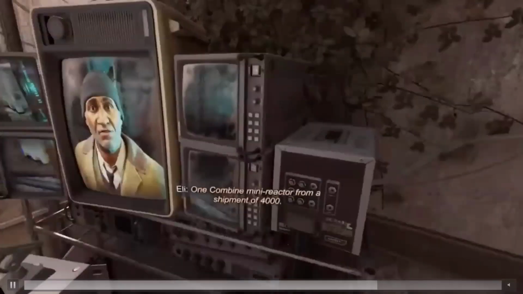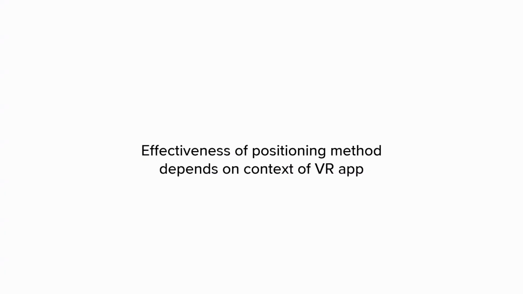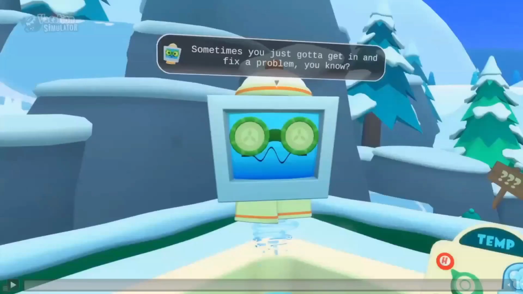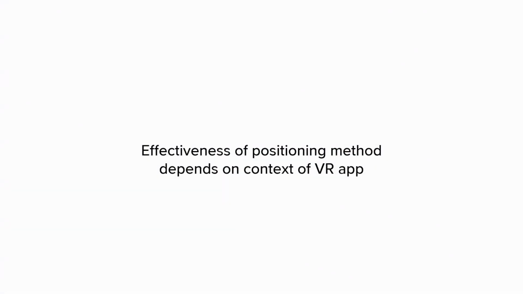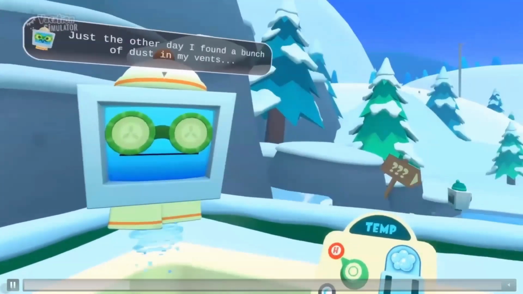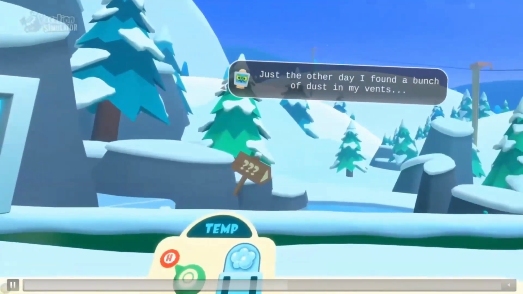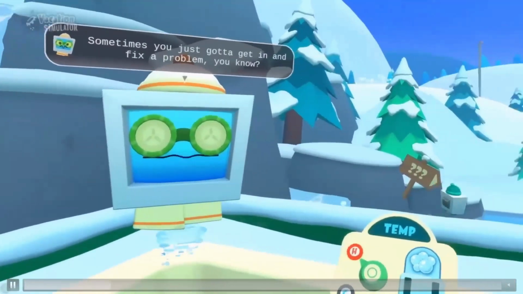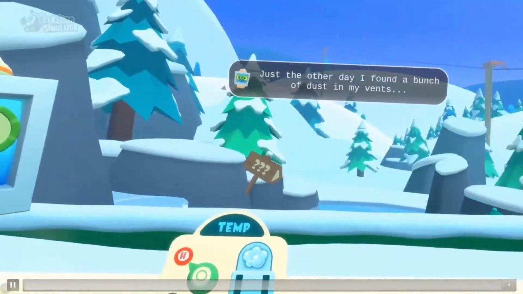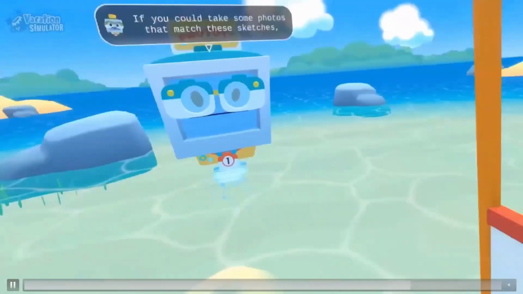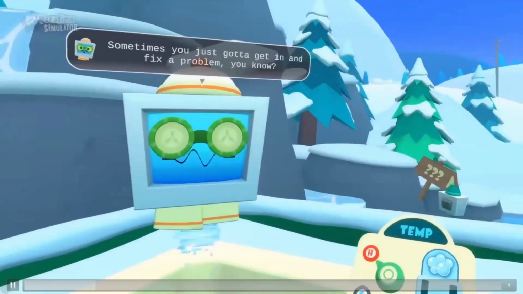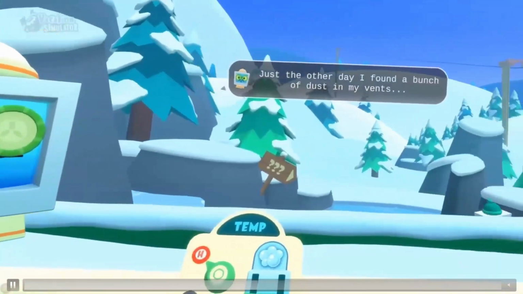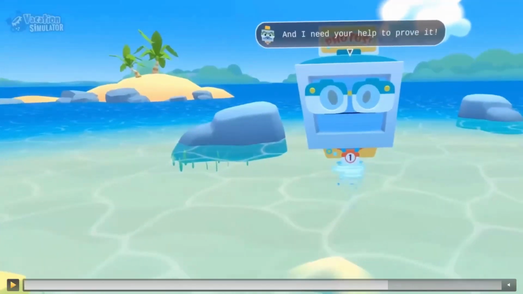Maybe I'll have a look at the next example. And here you can see that the captions have a little icon next to them. It shows you a little picture of who is speaking. So it makes a lot of sense in a game like this, where you are probably already quite familiar with the characters, so a little icon is all that's necessary instead of a name. But here you can also see those little arrows. So there's multiple ways of approaching this, and it also depends on the positioning mode that you're designing.